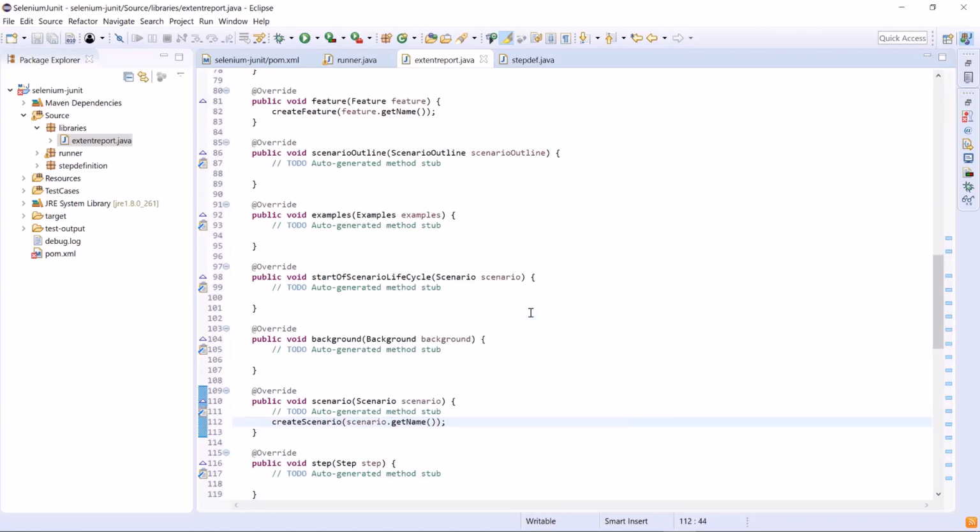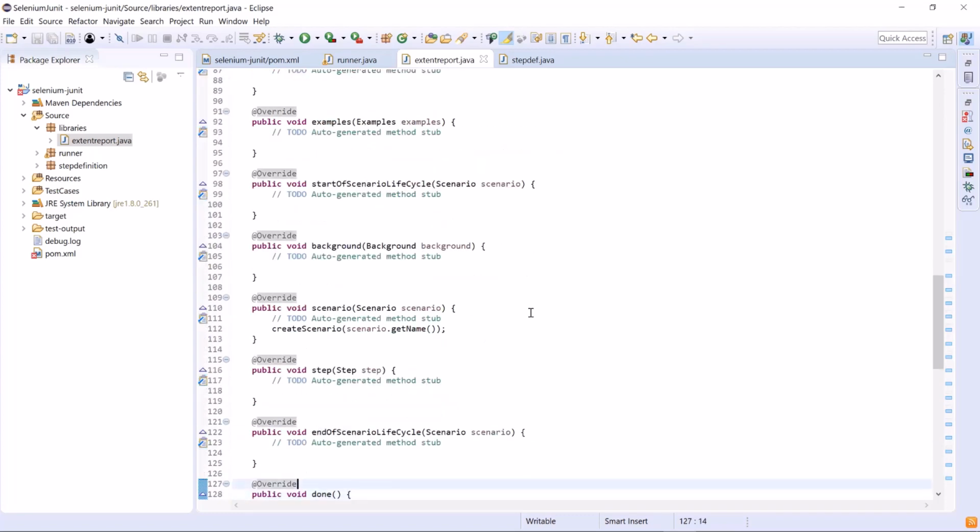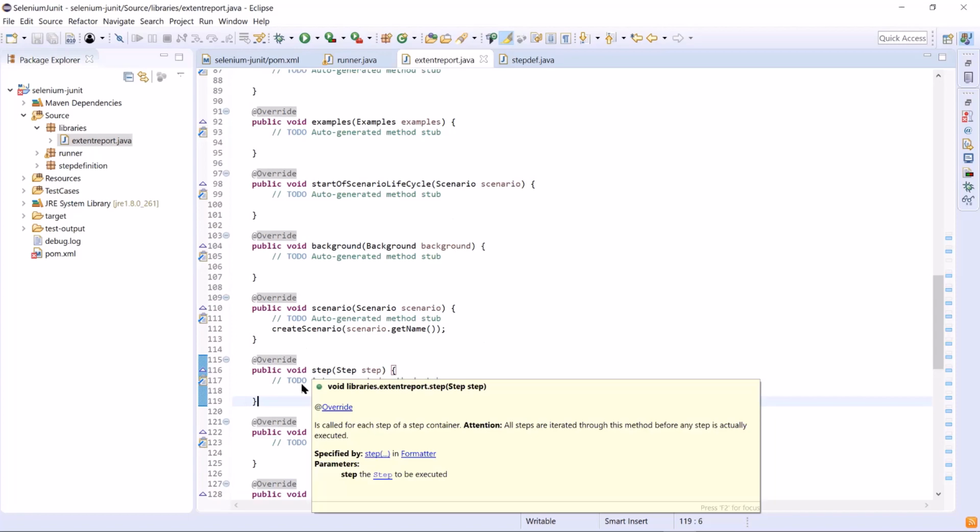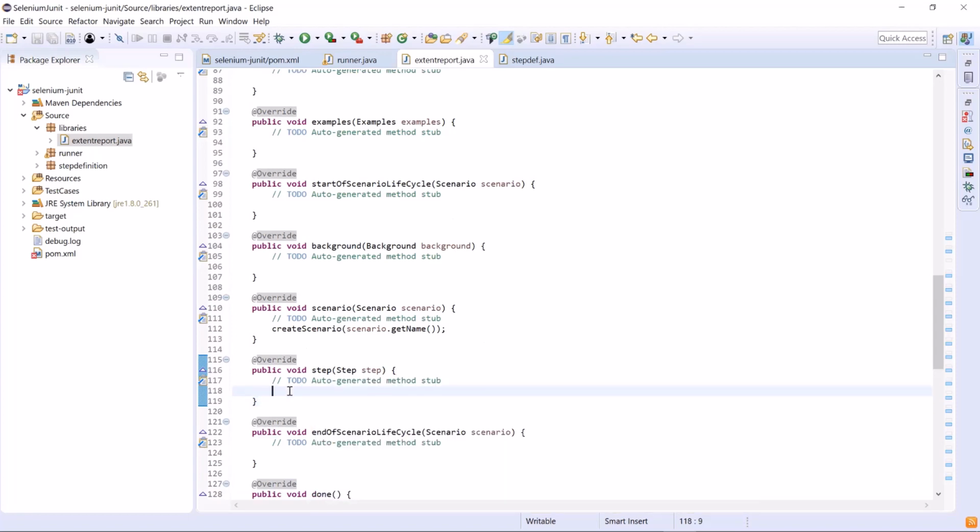Then we'll go to the step method to get the step details. One thing which is important over here: as we have multiple test steps in a scenario, this method will be called multiple times based on the number of test steps. This method is called before the execution of the test step. So to keep the test step details even after the execution ends, we'll have to store this information somewhere, in an array or in a linked list.